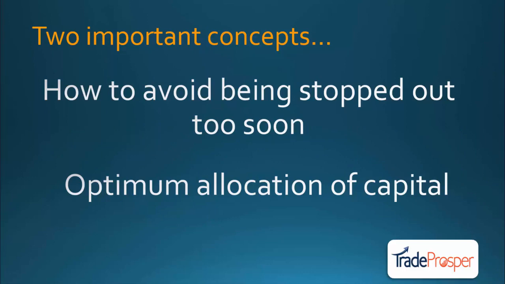So as I showed you in the previous example, we want to be able to trade 10 times. So how do we allocate the little capital that we have so that we can access 10 trades, for an example? So I'll show you both of those examples in this session quickly.